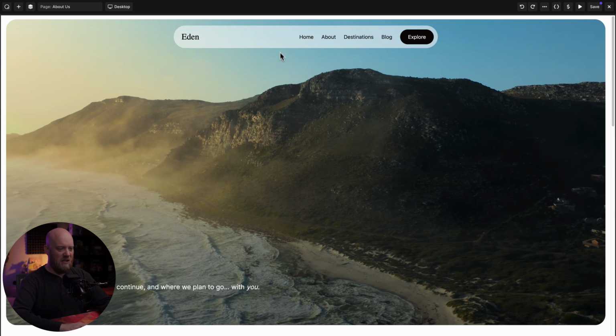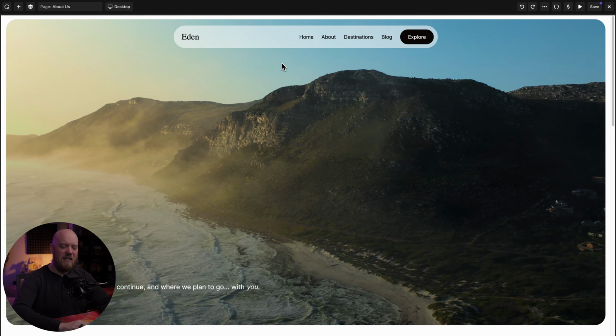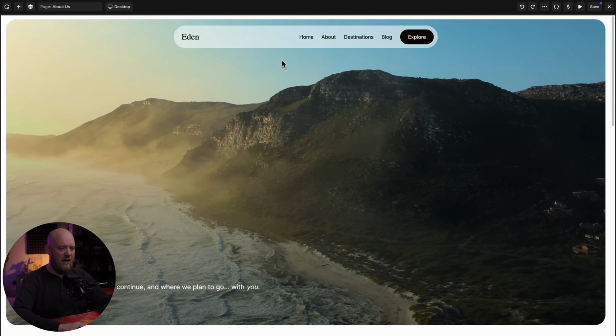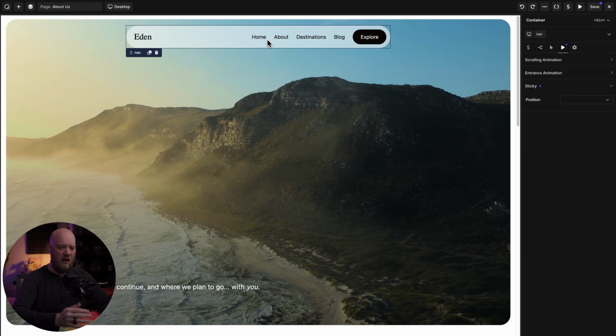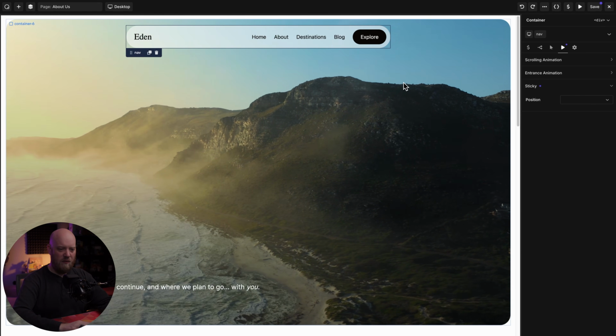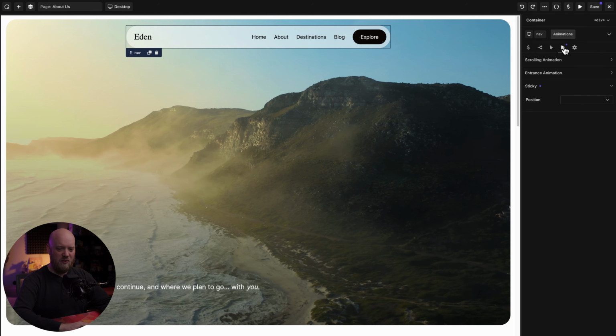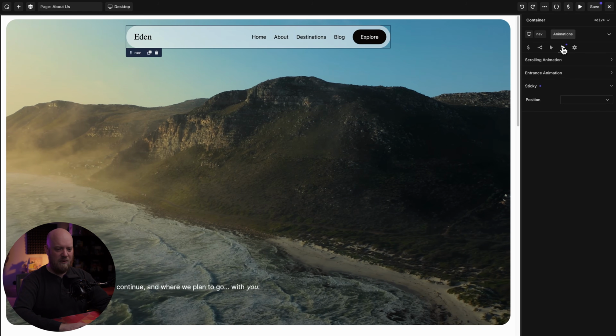First of all is this menu. I think I'd like to have it stick to the top of the viewport when I'm scrolling down, so we can implement that with Oxygen's Animations interface. First, we select the element, make sure we choose the Animations tab over here in the Properties panel, and then